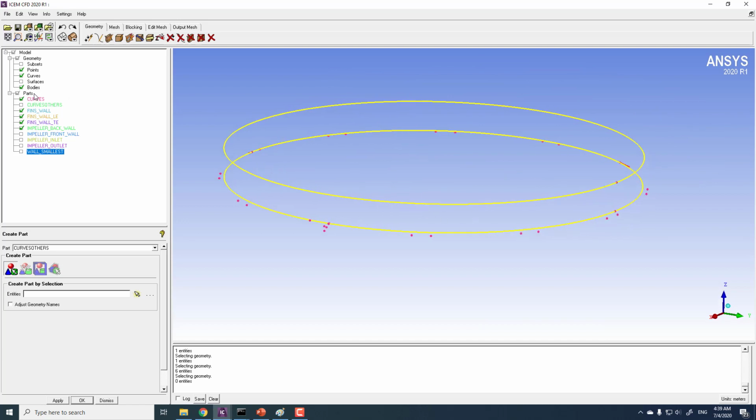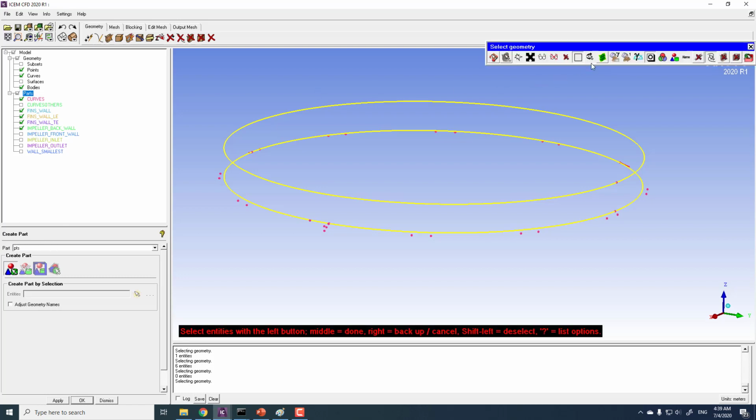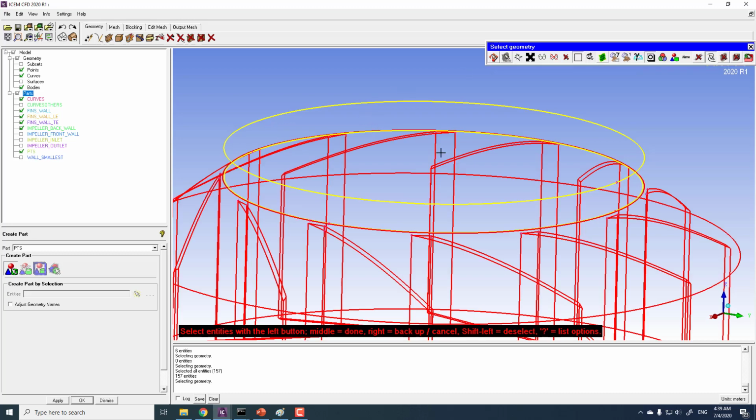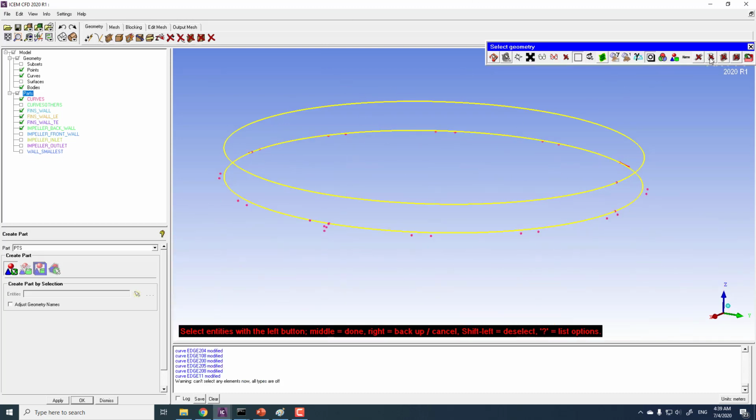Okay, similarly, I am going to create the part for all the points here. PTS should be enough for the part name for the points, and use this command to select all the visible and invisible objects for the points, and undo. So I should be unchecking the option for the curves and selecting the option for points,